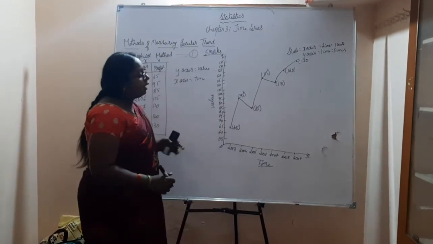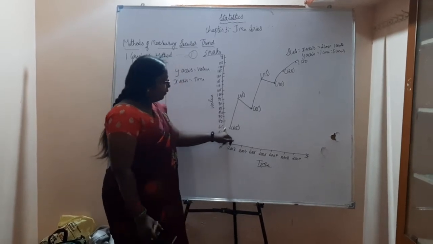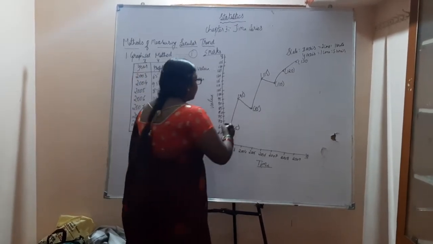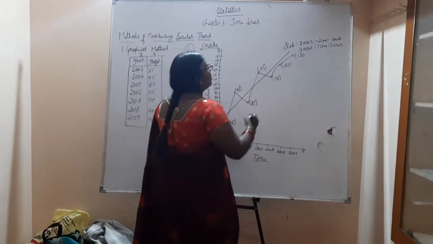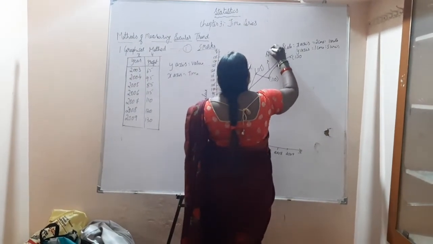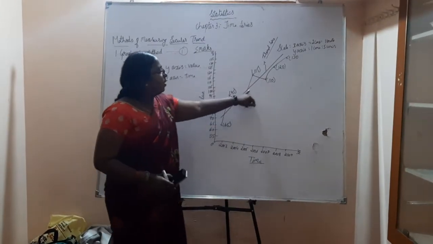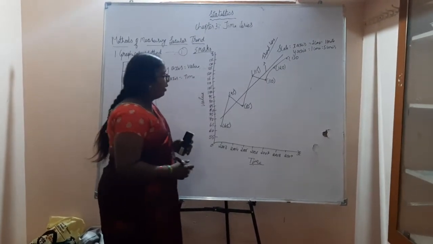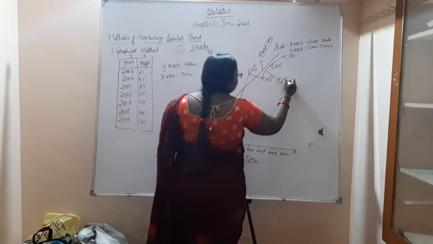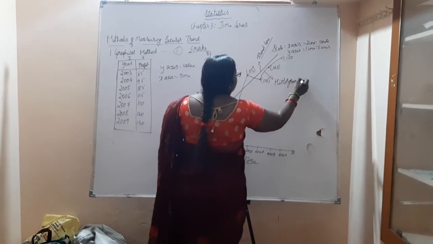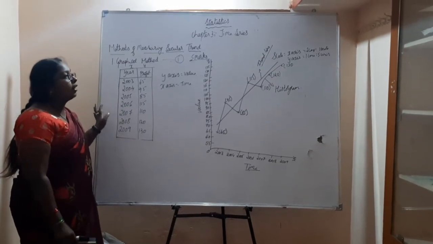So how is the trend? It is an upward trend. When it is an upward trend, just leave 65 and start marking from 70. Your line will go like this. This is called the trend line. The line which I have drawn now is called the trend line, and the freehand curve here is called the histogram. So this is your 5 marks on the graphical method.